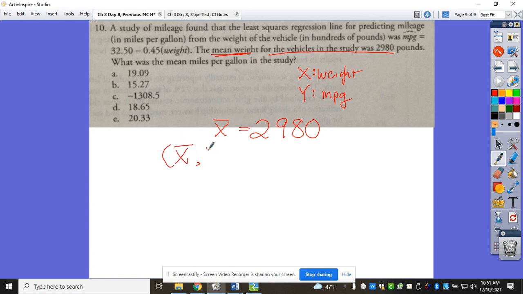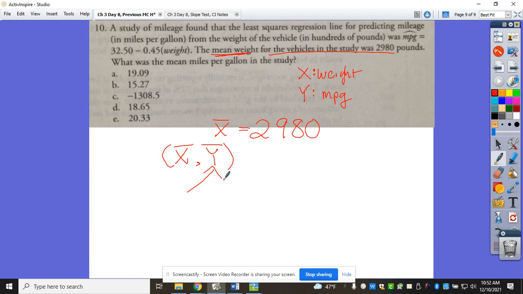This is going to be a point on your least squares regression line. So to find that, I just plug that into my least squares regression line and find out what it predicts it to be. So you're just plugging in this value to get that value, and it ends up being,